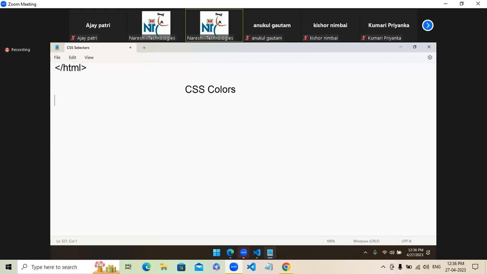3 ways I told you, right? We can give a color name, color shade name, and we can use a hexadecimal. Here so many are there. See, in CSS, it will support color name, color shade name, hexadecimal,